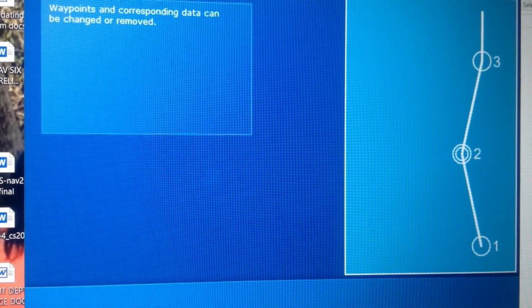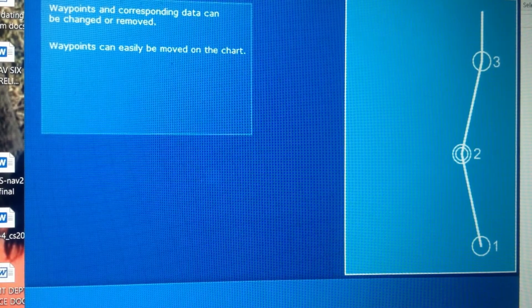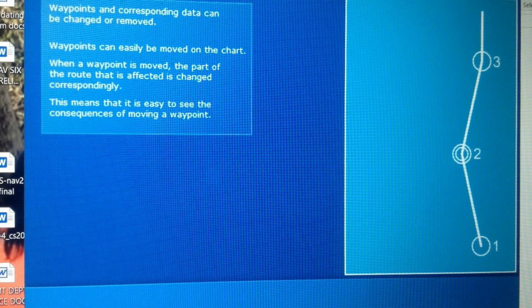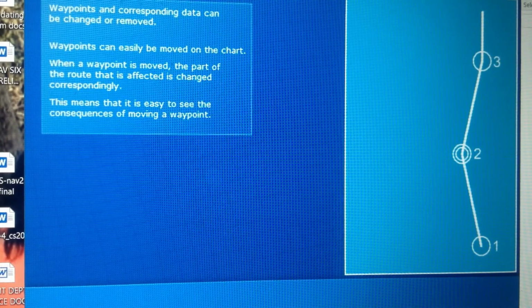Waypoints and corresponding data can be changed or removed. Waypoints can easily be moved on the chart. When a waypoint is moved, the part of the route that is affected is changed correspondingly. This means that